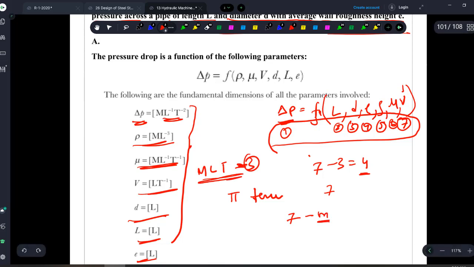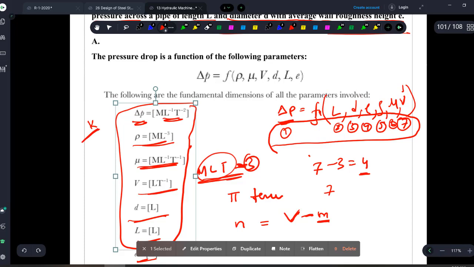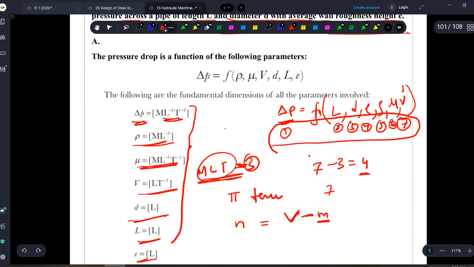Let us say fundamental quantities I am denoting by m. So the number of pi terms which can be formed will be the total number of variables involved in the equation minus the fundamental quantities. Here fundamental quantities is 3. In fluid mechanics, in 99% of cases, fundamental quantities will be 3 only, M L T. In some cases, like in the heat chapter of physics, Kelvin आता है, temperature theta आता है, so then it will be 4. I hope it is very clear. But mostly in fluid mechanics, we will be using mass, length and time only. So m value is mostly 3, but be careful.